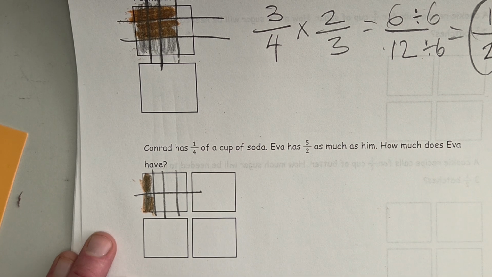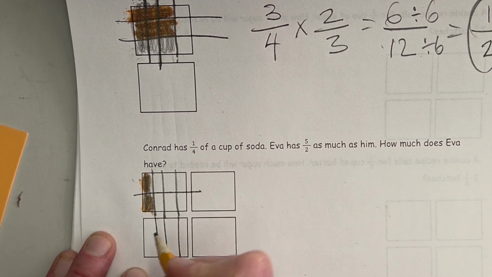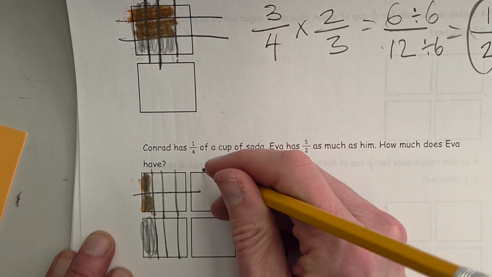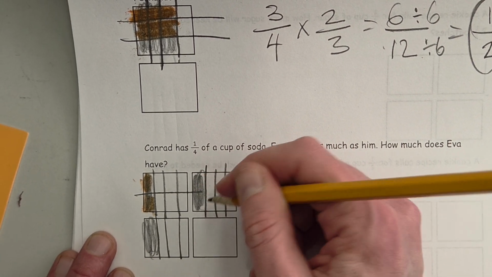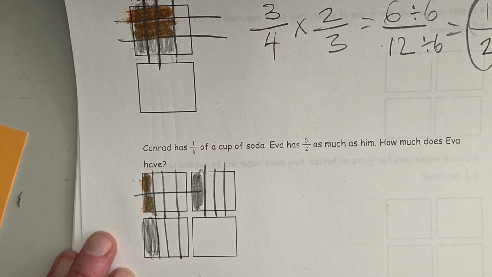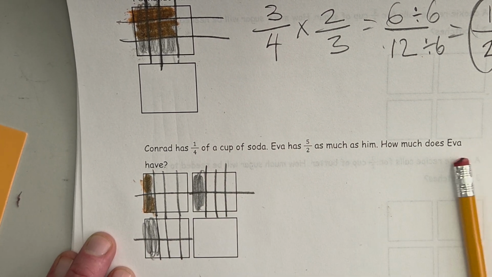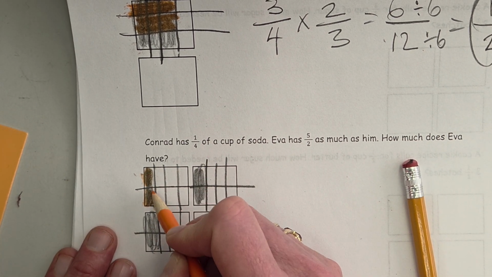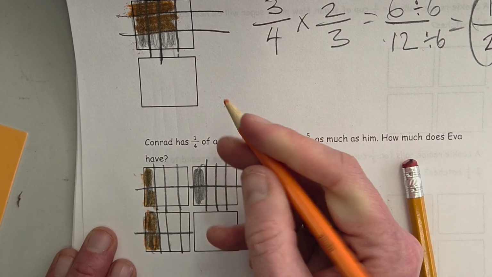Well, hang on. We need to keep going. There's more halves than that. We only have 2, so we're going to use these boxes. Okay, another quarter. I'm going to keep going. I don't know how many I'm going to need, so I'm just going to keep drawing. Okay, so she has 5 halves as much as him. Let's look at these halves. Okay, so now here we go. We've got some extra quarters that we can use. 1/2, 2/2, 3 halves, 4 halves,